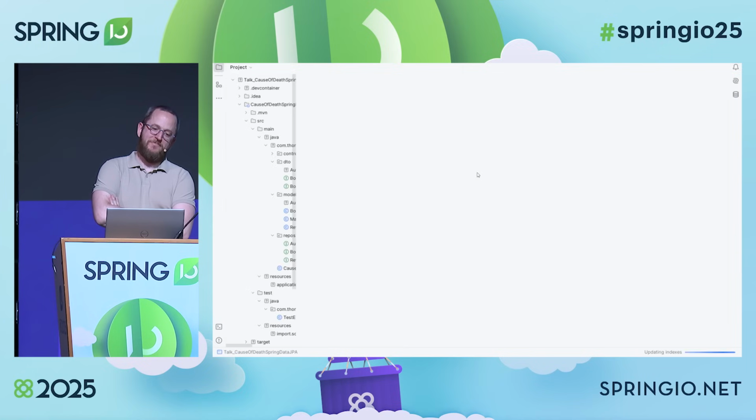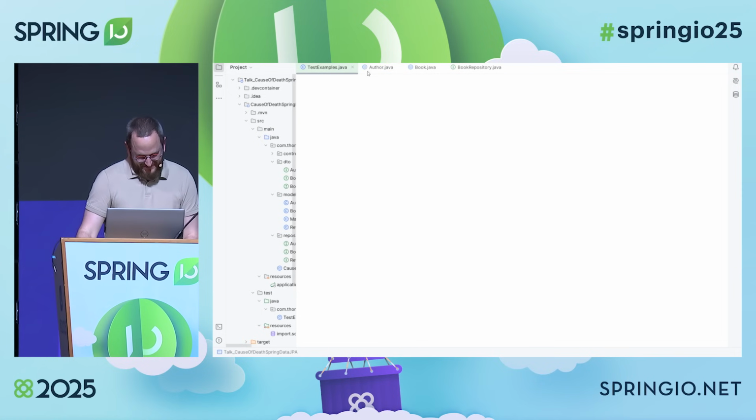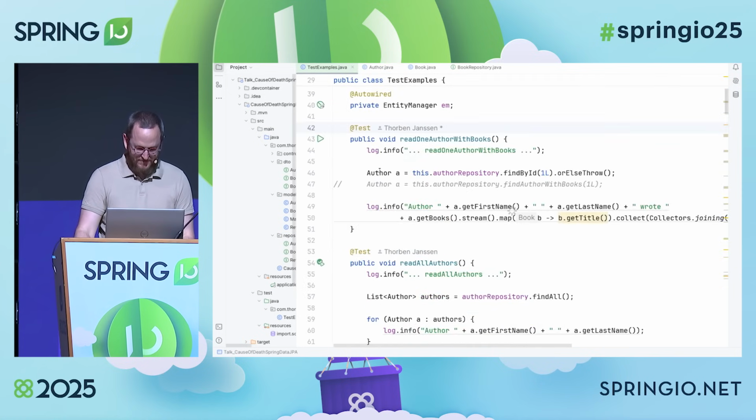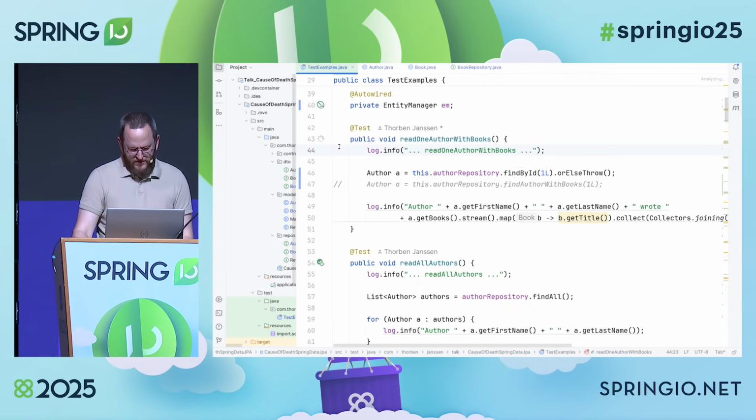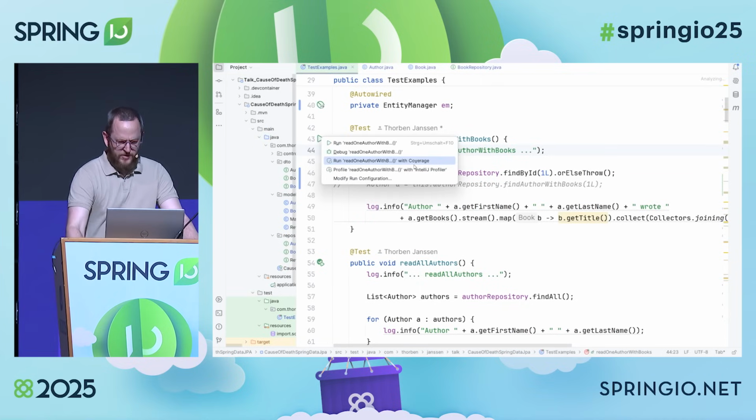Are you kidding me? Okay. So, IntelliJ, are we back? I know, it's almost 5 p.m., but it's not that late. It's fine to work at 4:45.